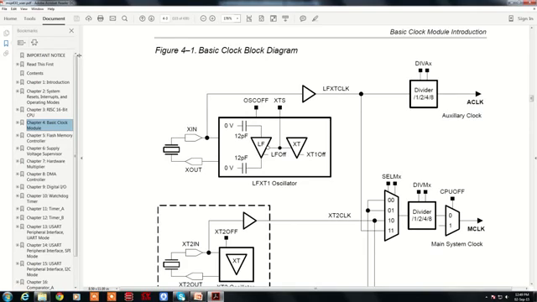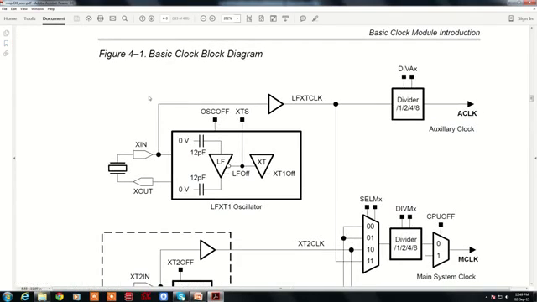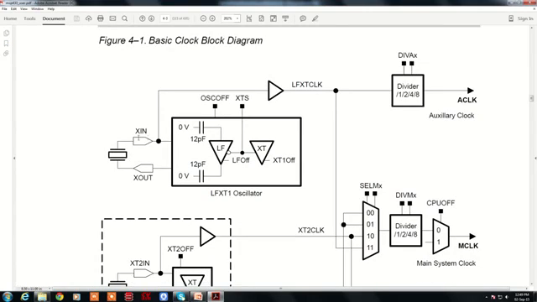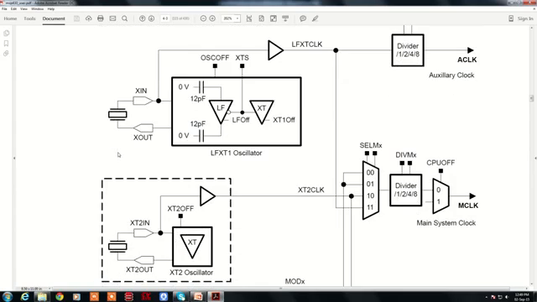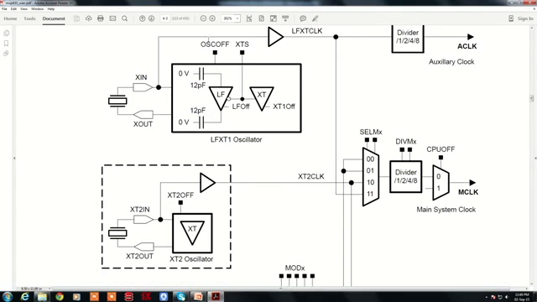One of the most important features of MSP430 is its internal clock generator. As you can see from the figure, there are two clock sources. One is X in, the other is X2 in, where through a control register you can selectively switch them on and off, oscillator off or X2 oscillator off.